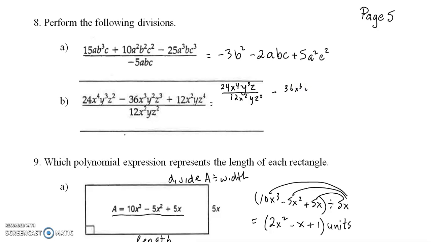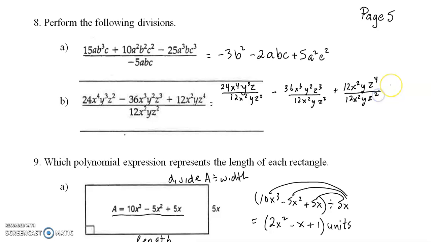Okay, we're writing this whole second term of the trinomial on the top, dividing this also by 12x squared yz squared. And then that third term, which, yes, it's exactly the same, 12x squared yz, except for the 4, and so we're going to divide by 12x squared yz